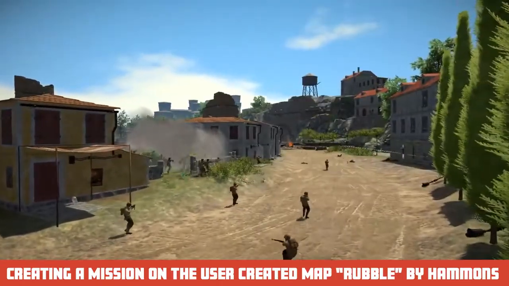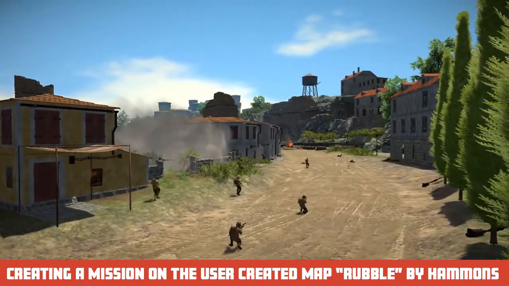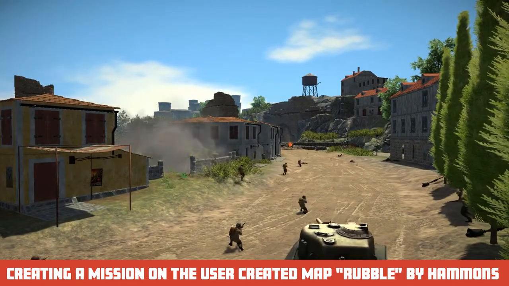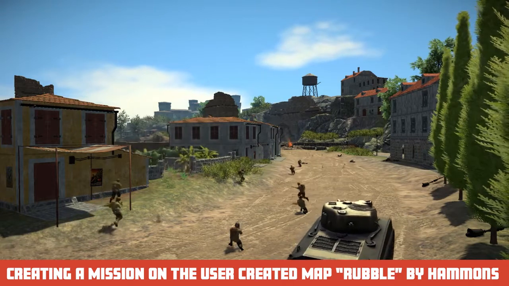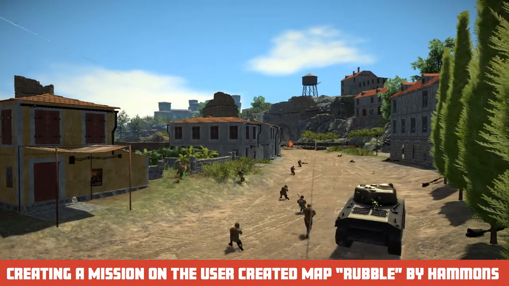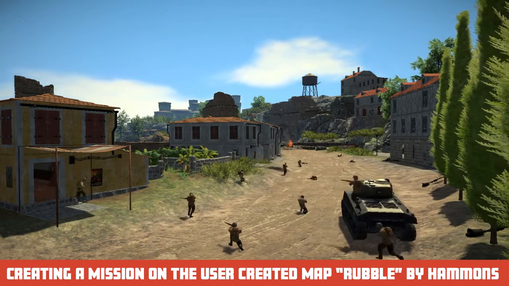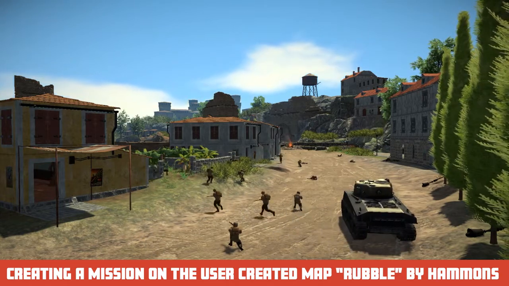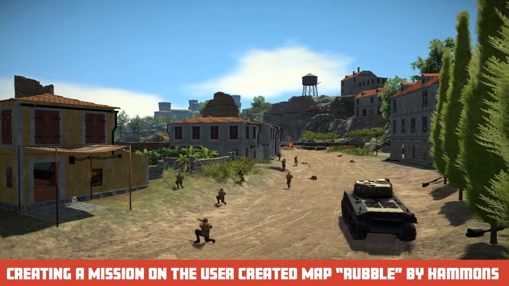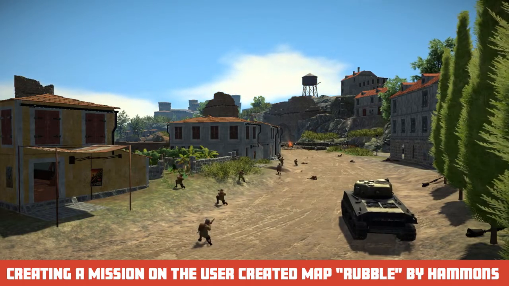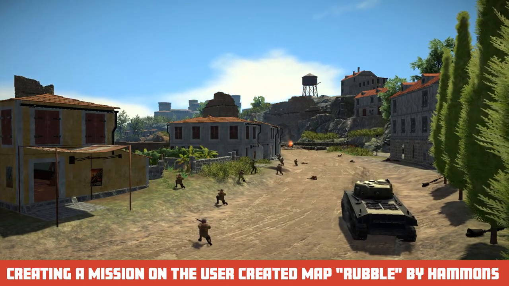You didn't have the regenerating health. You had to use a health pack or a medic, which Easy Red 2 has, which is nice. You didn't have a bunch of unlocks for guns. Like everyone didn't run around with machine guns like they do now in the latest Battlefields. I mean, even World War One, they're running around with machine guns like crazy. But Easy Red 2, you have quite a few weapons in there.